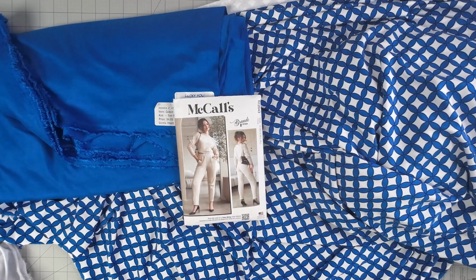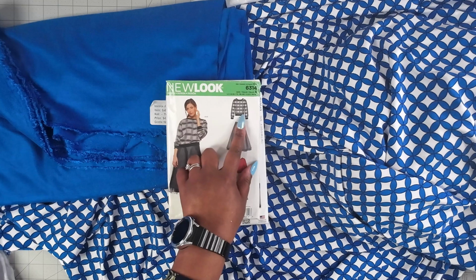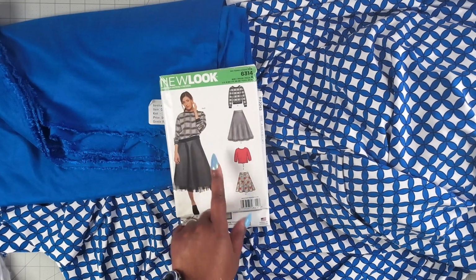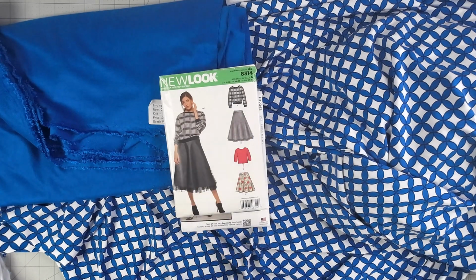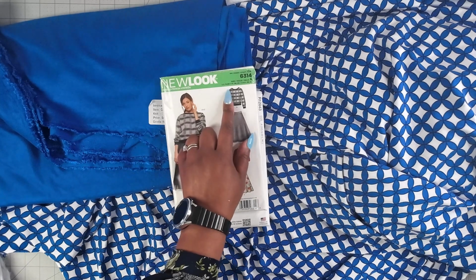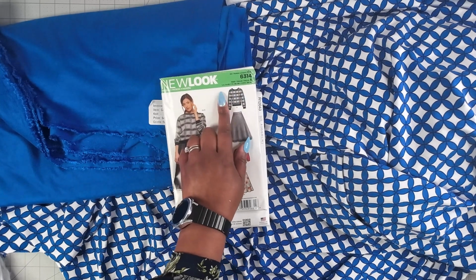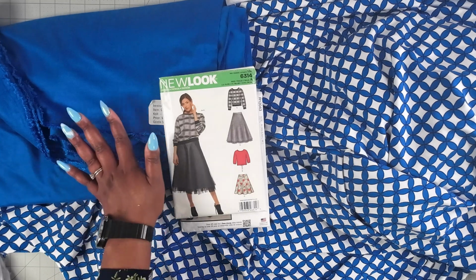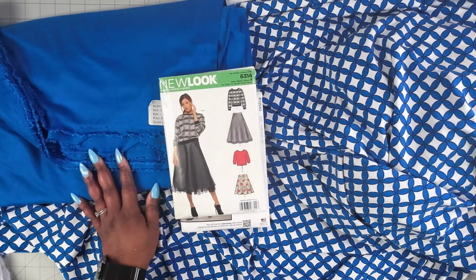So what I'm thinking for it is possibly just a really simple sweatshirt, like you have here on this older pattern from New Look 6314. I've made this a couple of times, just a cute sweatshirt. Maybe I will cut it a little bit on the angle for the neckline to make it a little off the shoulder. That may be cute, but I reserve the right to think of something else to do with this